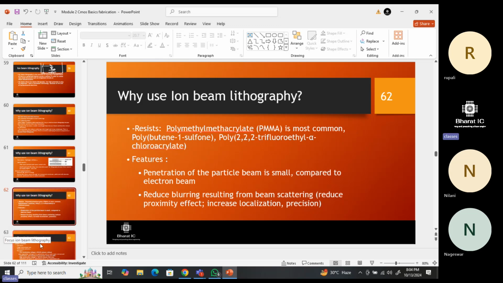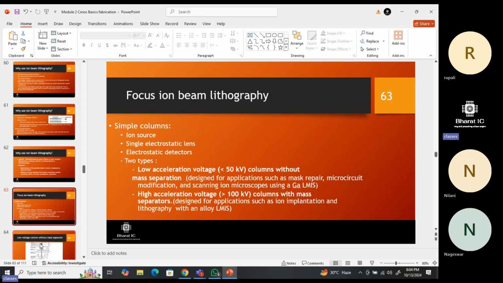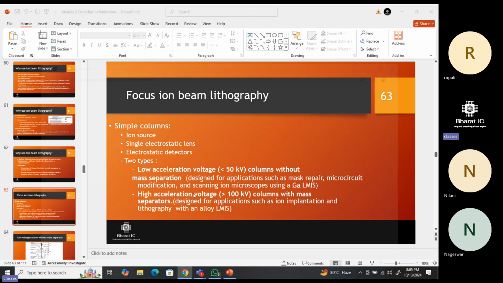Okay, which is the current one in use in the scenario: focused ion beam lithography. What is focused ion beam lithography? In focused ion beam lithography, you'll see simple columns, ion sources, single electrostatic lenses, electrostatic detectors. Like how the machinery is, what it says actually. If you see what is inside this machinery, these are the components. A simple column, ion source, like if you see in helium,